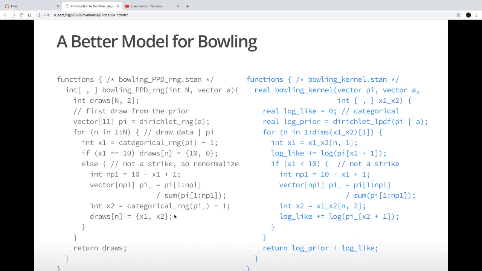So here is a data generating process for bowling that's going to involve a simplex of parameters, the probability of getting a strike, 9 pins all the way down to 0, etc. The one on the left is how to draw from the prior predictive distribution.